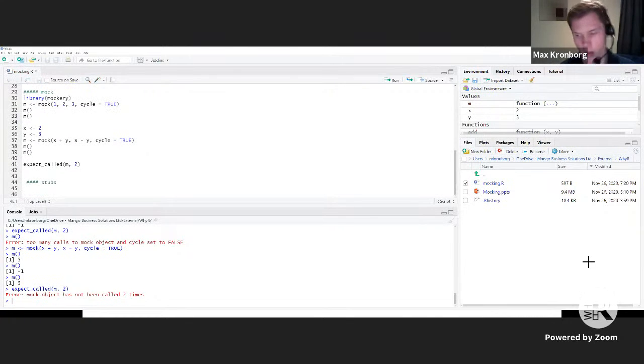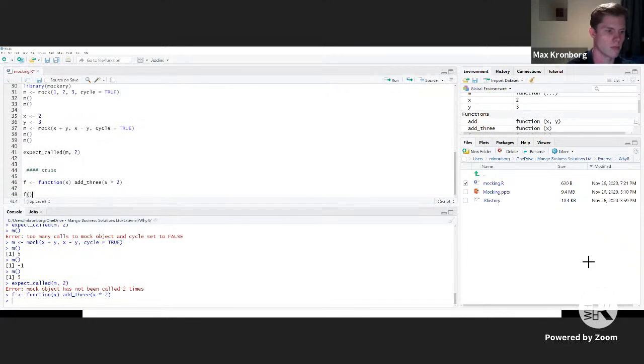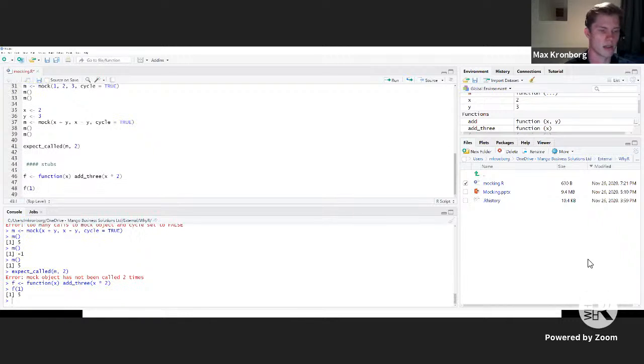So the way this works with stubs is if we have a function f, which will use the add 3 of x and x times 2, then by 1, it's going to multiply 1 by 2 and add 3, which is what we'd expect.